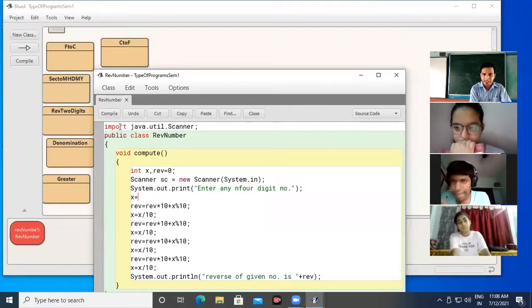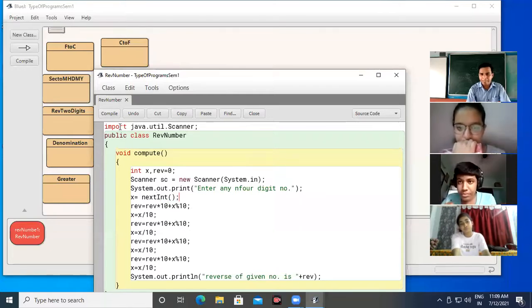X, that is declared as integer. X equal to, I have to use next int. Okay, done.